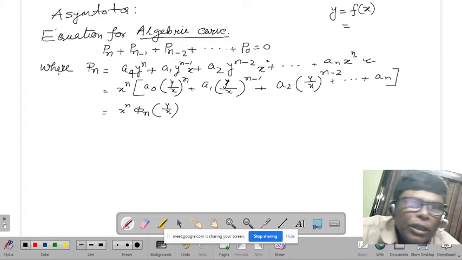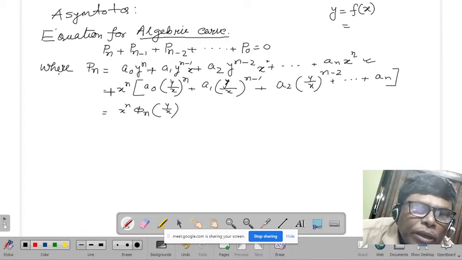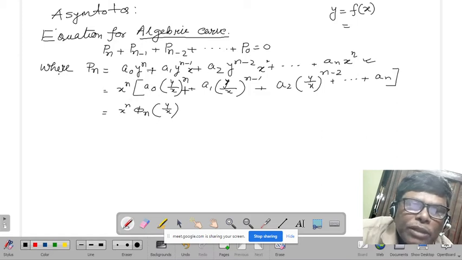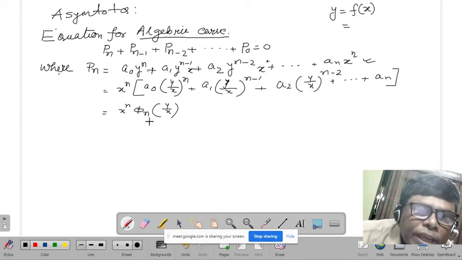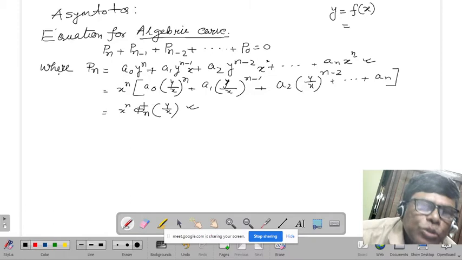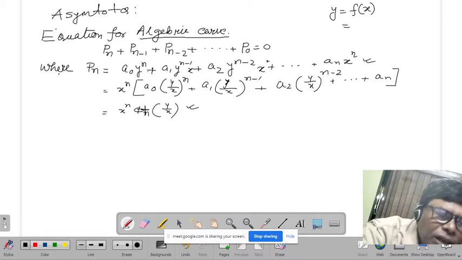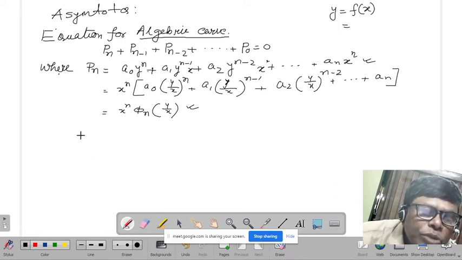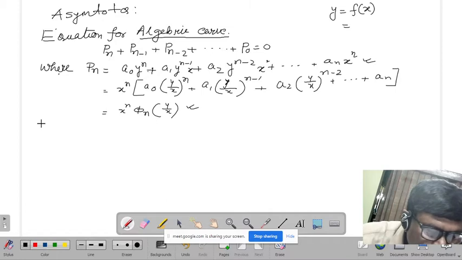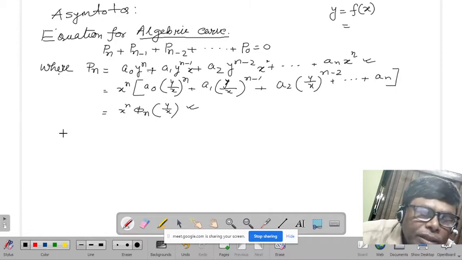Okay, now we take x to the power n common, so this becomes like this. Check it. Okay, and this function can be written as phi n of y by x. So this is a notational convenience. Okay, so this equation for Pn, if you substitute this one, this equation comes into play like this: x